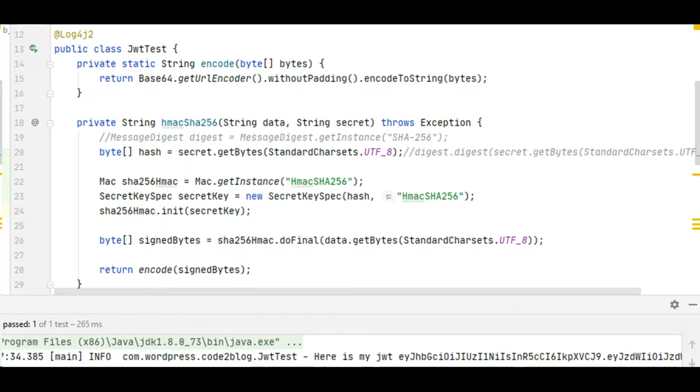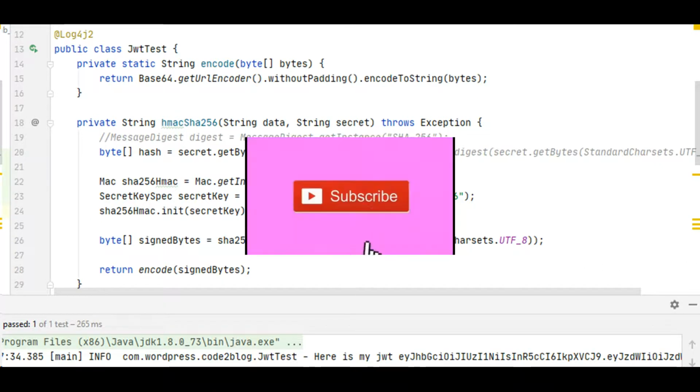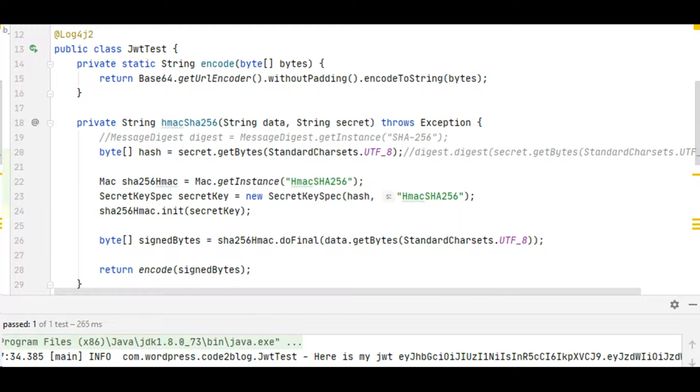In this case, the test case called JWT test will change into JWT, which has methods encode, HMAC SHA-256 and base64. And any data that is not reusable, such as the test case itself with the secret and other input values, will remain within the test case file.